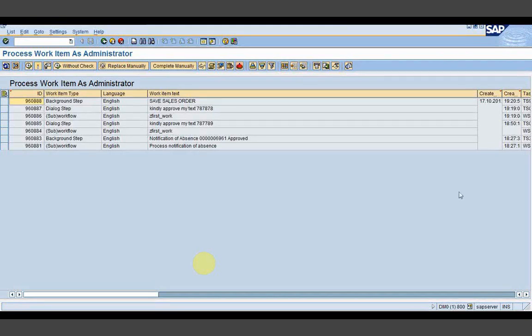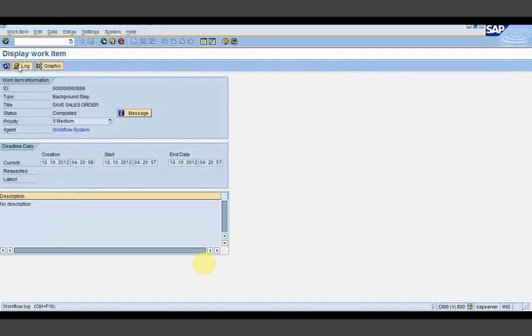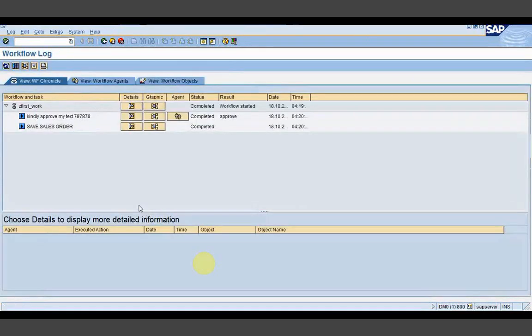It is a unique ID and it is system generated. Whenever any task gets executed, that particular step at runtime generates one work item ID. So you can see here one work item ID is generated, whether it is a background job or a dialog step. Now once you click here, double click on it, go to the log. I'm moving on to the technical log. In detail about this log, I will be discussing again in the next section. Click on this particular table icon,